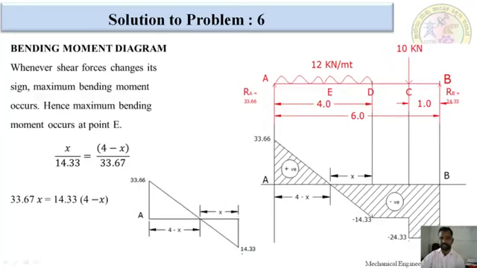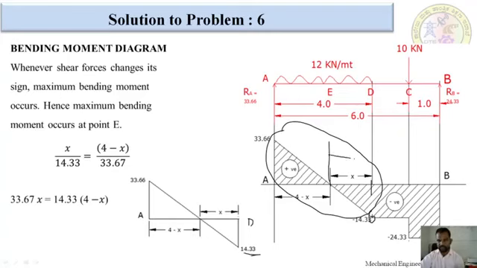In the previous problem I discussed that I am taking out this component outside, like this only. This value is 33. This is A section. This one is D section, D point. And how much did we get at this point? 14.33. I am taking X from the crossing part to D point. And how much is this one? 4 minus X, because this distance is 4, so this distance would be 4 minus X. For that reason they have taken 4 minus X.